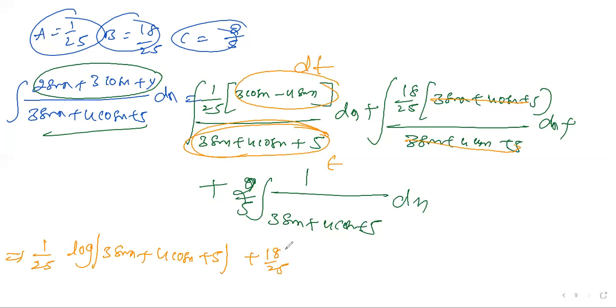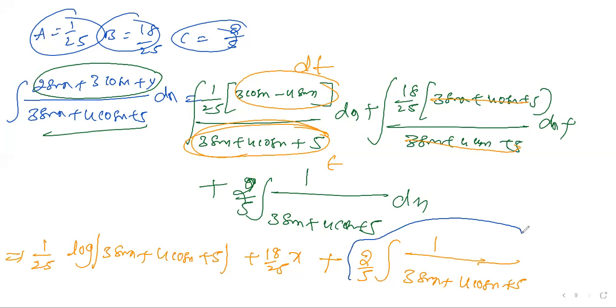Just integration of dx, the answer is x. I don't want to waste time. Plus 2 by 5. You don't have an option, please copy the question. This is available in the exam. You are so lucky. Whenever the constants come, you have another task also. What is the other task? This is one more separate question, because this one is already done.